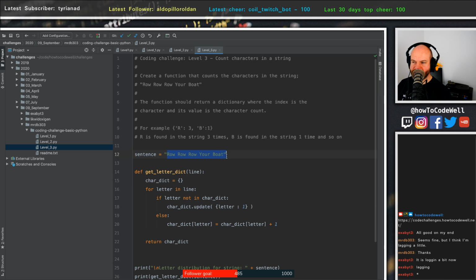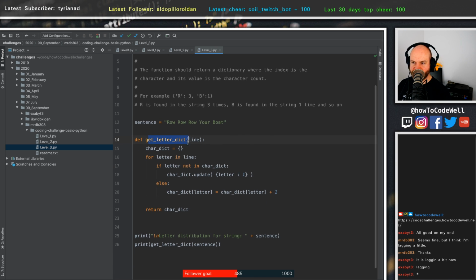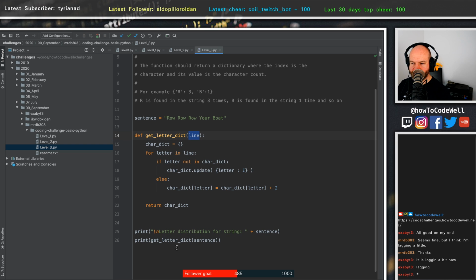Okay, so that's the sentence, fine. And then this is the function, so get_letter_dict, passing in the line. So you create a blank dictionary here, so char_dict. So for letter in line, you're looping over each one of these letters. If letter not in char_dict, so if there isn't